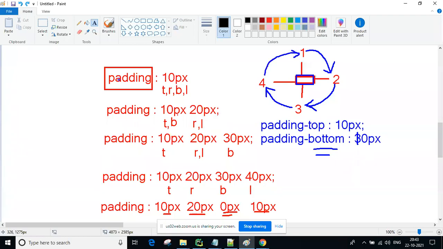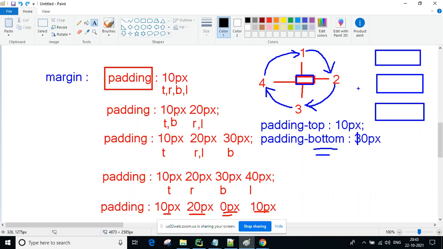Okay, so now in this place, guys, we can also take another value, the margin property. So margin 10 pixel, margin 10, 20, the same styles we can give for margin. Now, margin representing, guys, this is our tag, the current tag related content. Here another tag is there, for example, multiple tags. This middle one is my current tag.